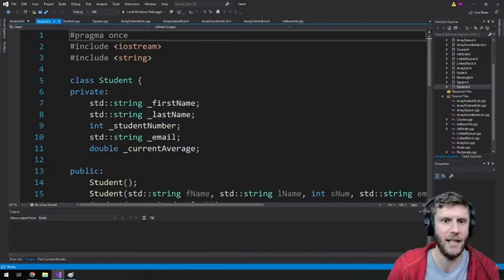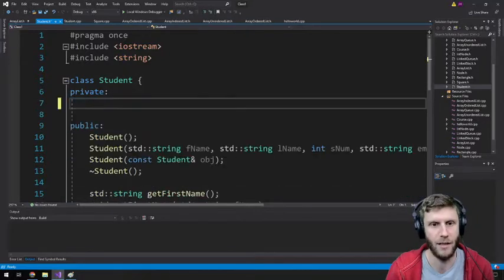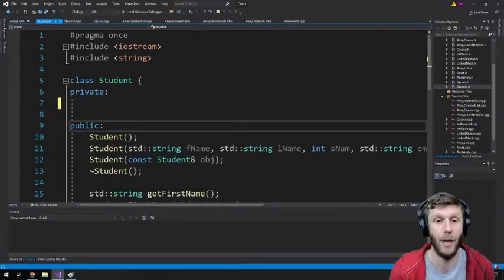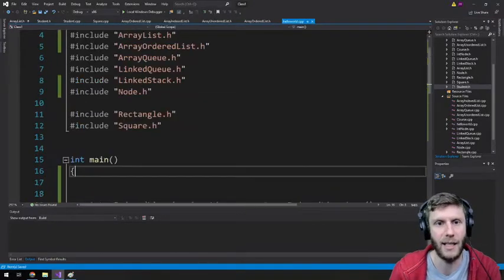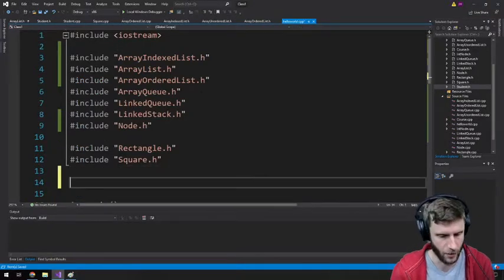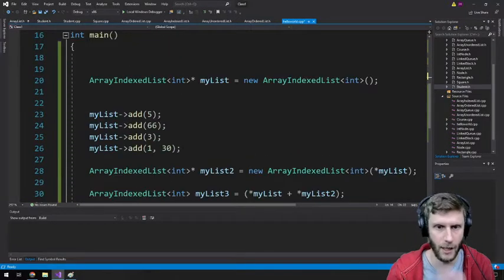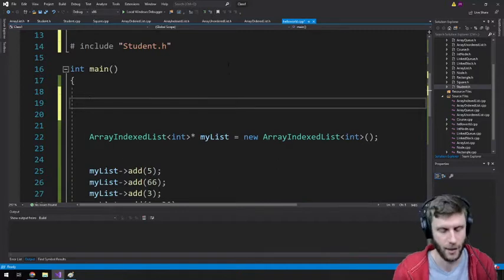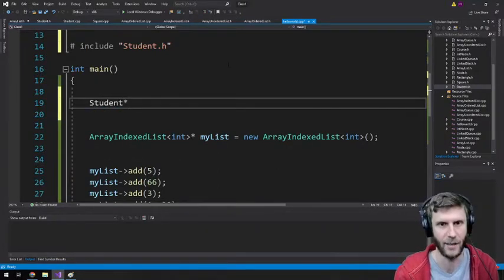See how I set these as private. If I decided, you know what, I don't want them to be private, I'm going to make them public, and go back here and say, okay, student, I like pointers.